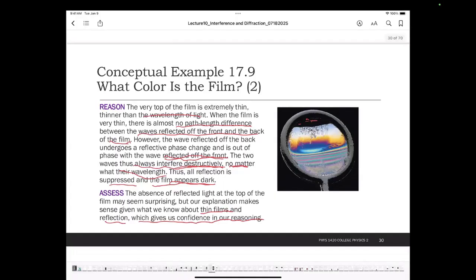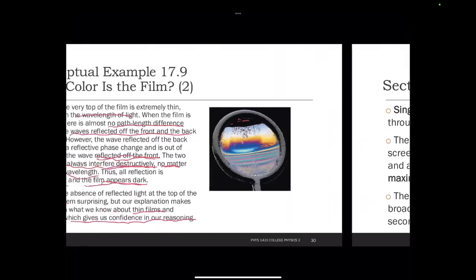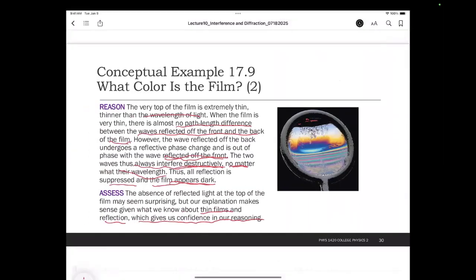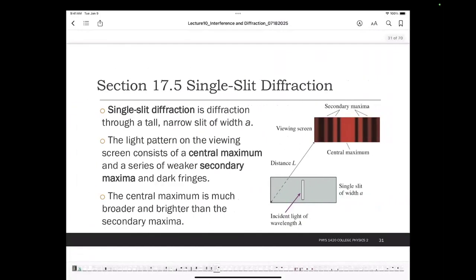When we talk about a thin film, there is thin film interference, and there is also reflection interference. You need to think about both. Does it make sense to you? Okay, let's continue to talk about other things. Next, we talk about single slit